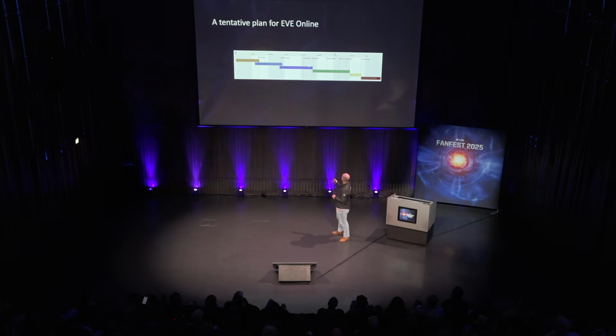But the big chunk will be the later phases, where we have to figure out how we can deploy. Can we maybe roll out on a subset of the proxy nodes first? Can we roll out on a lowly loaded solar system first, right? So that if things go wrong, which we hope they don't, the impact will be very limited for you. And yeah, the timelines here are just up in the air completely. There's no promise when it will be done other than soon, TM. And with that being said, any questions?